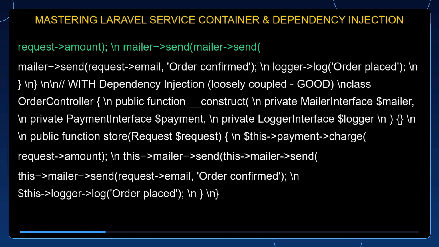With dependency injection: loosely coupled, good. class OrderController { public function __construct(private MailerInterface $mailer, private PaymentInterface $payment, private LoggerInterface $logger) {} public function store(Request $request) { $this->payment->charge($request->amount); $this->mailer->send($request->email, 'Order confirmed'); $this->logger->log('Order placed'); } }